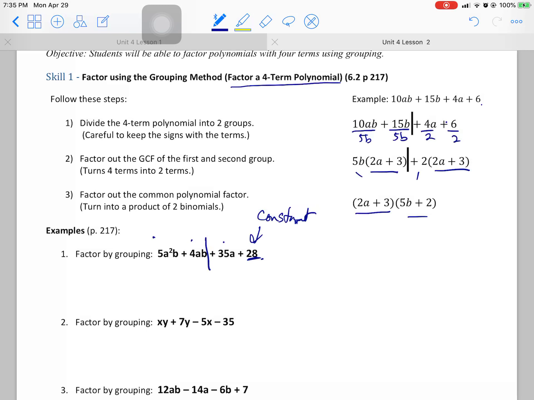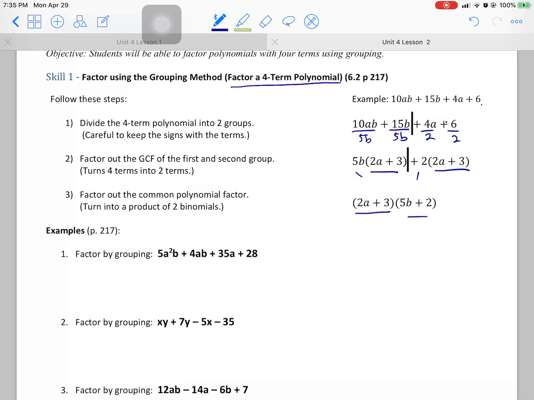And because they have no letters, you cannot remove any letters from all 4 of these numbers, right? And then let's look at the numerical coefficients, that number in front. That's a 5, a 4. Can't take a 4 out of a 5, so there is nothing you can take out of all 4 terms,